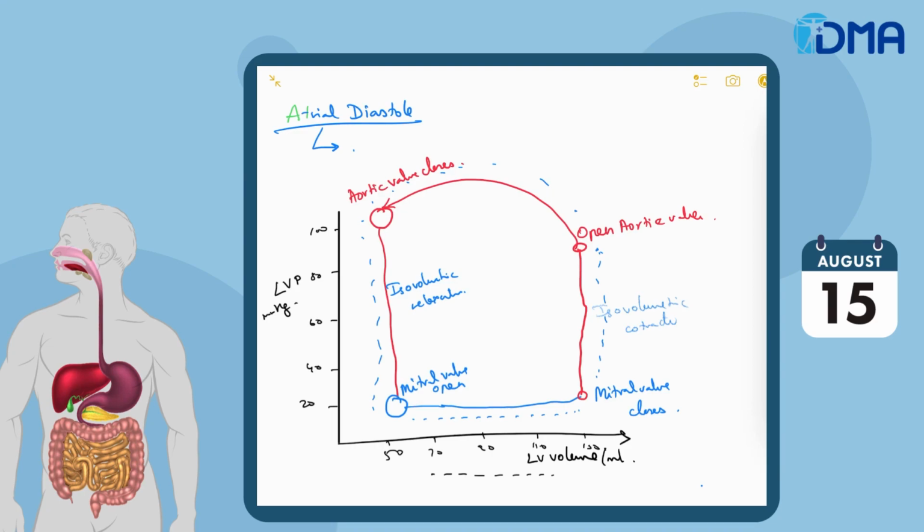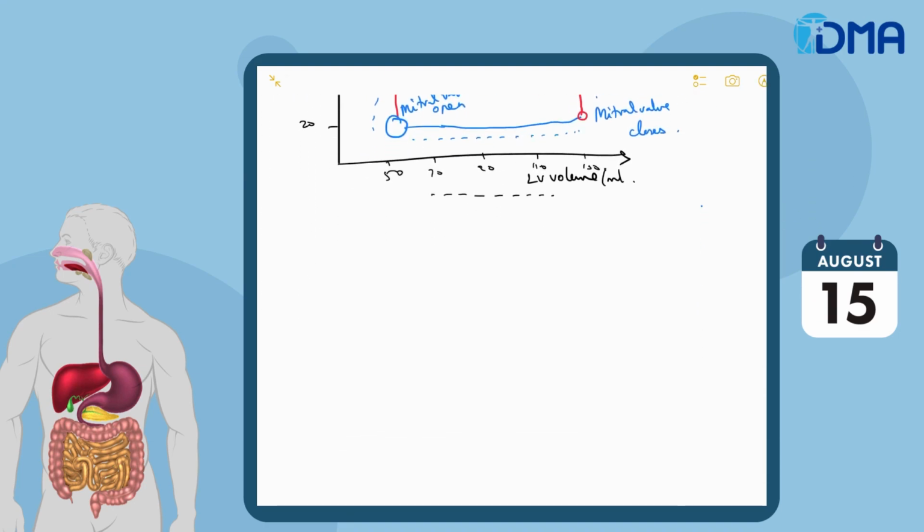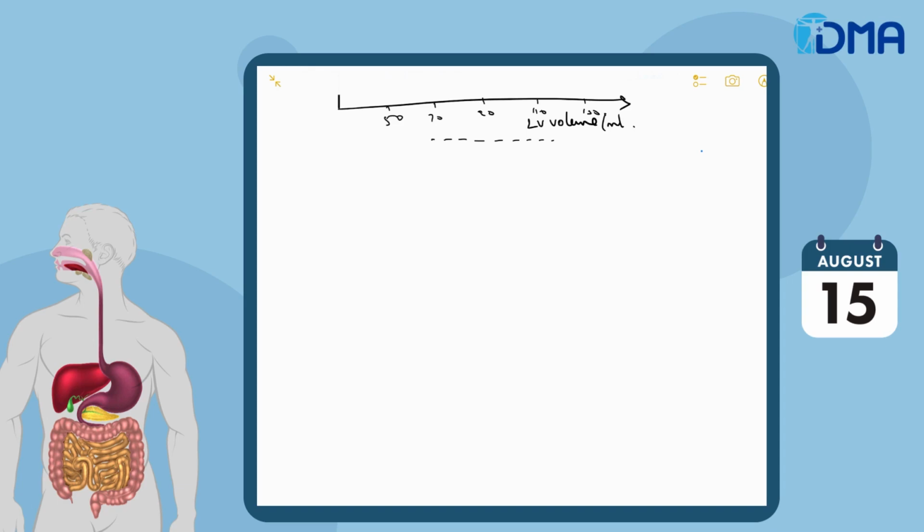We have to know about the phases of the cardiac cycle and what will be the respective ECG events and the JVP events. Before that, we will have a